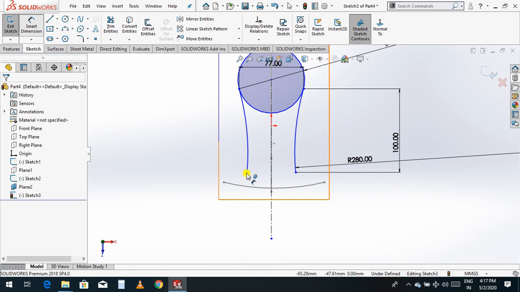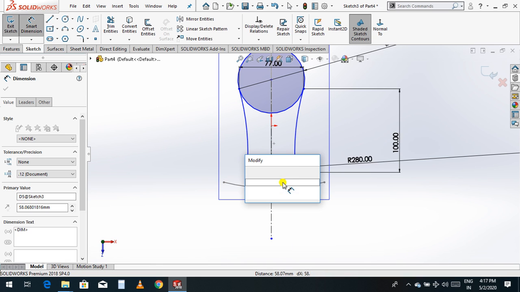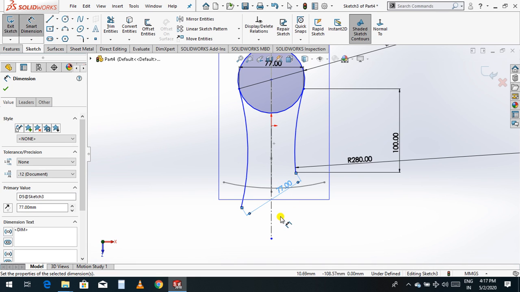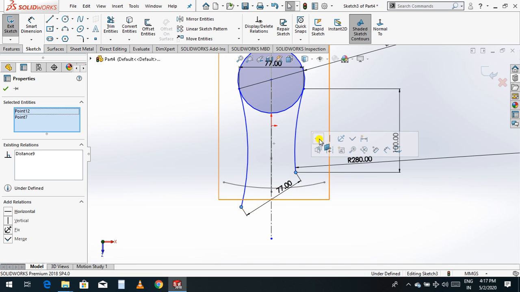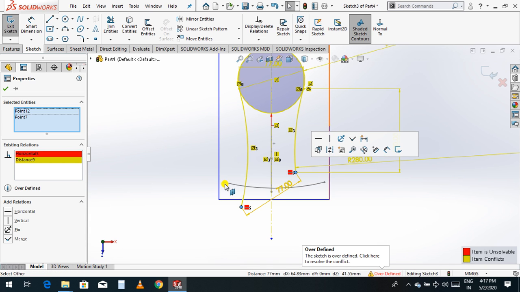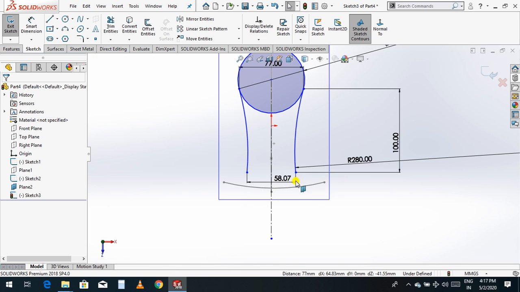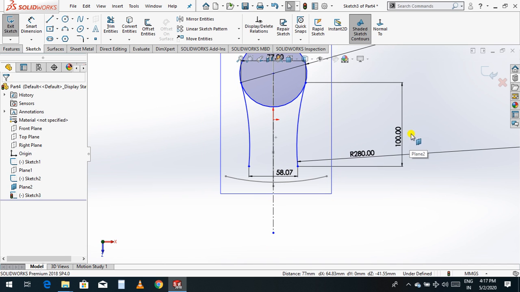Choose the smart dimension of this too, I'll take it 77 mm, and these two lines should be parallel. Sorry, delete this relation.